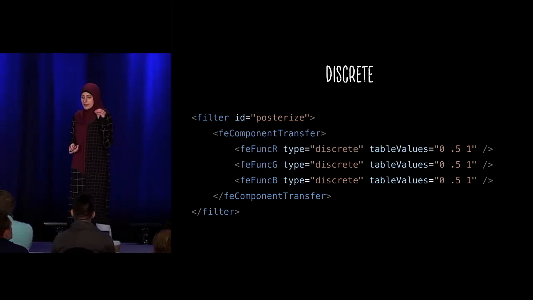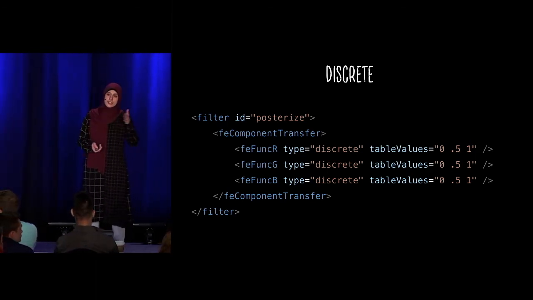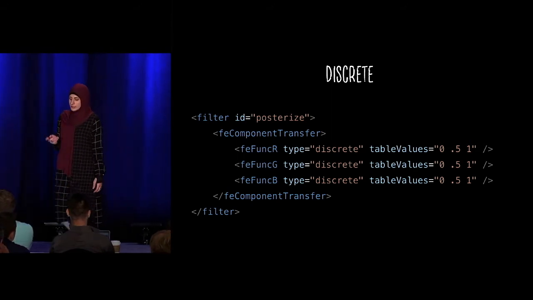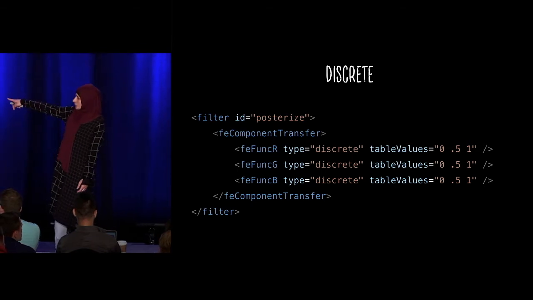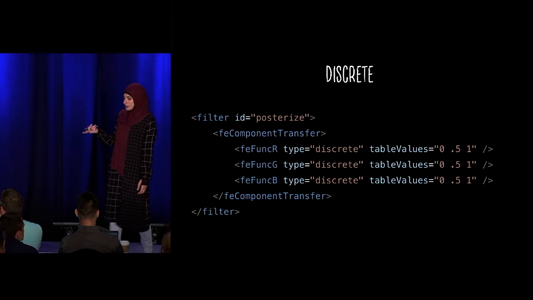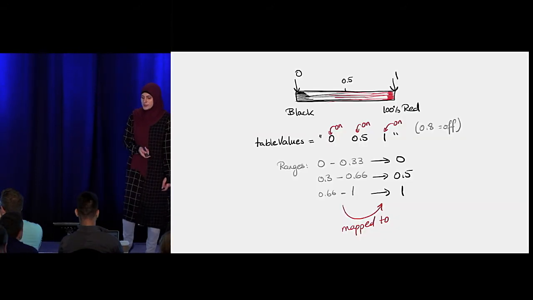For every color shade, so different shades of red, for every one of those, you're mapping the colors to an X number of ranges, depending on how many X values you provide in table values. So for example, since we have 3 values in the table values attribute here of this snippet, the browser,